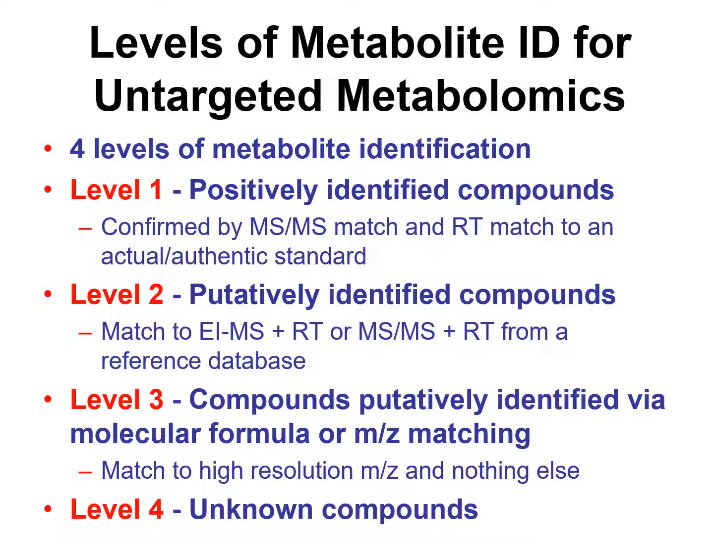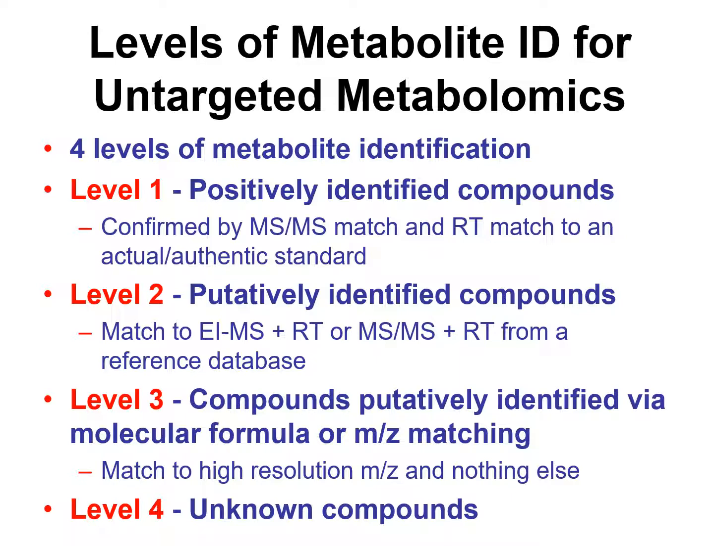Level 1, 2, 3, and 4, with level 4 essentially corresponding to unknown features, things that you can't really identify. Level 3 corresponds to compounds that are putatively identified by formula matching or high-resolution M over Z matching. Level 2 also corresponds to putatively identified compounds, but these correspond to MS-MS matches or EIMS matches. That is a spectral match to some database, and perhaps also using information about retention time or retention indices to